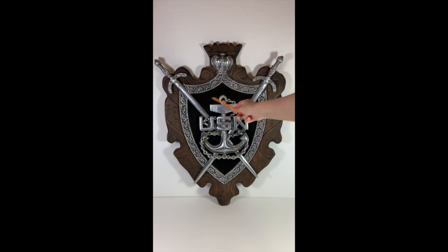And then usually this center piece will be different types of usually medieval theme. This shield that has the USN on it is kind of different in that regard, although I have seen this a few times. And one of the specific things that helps me know what the age of this particular shield